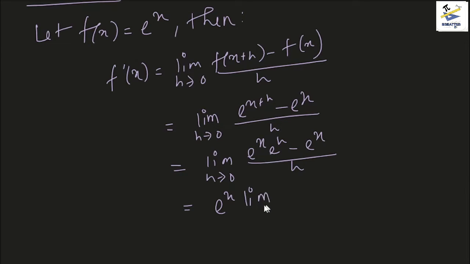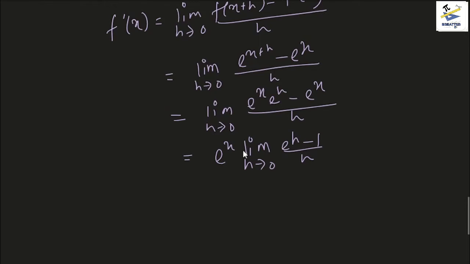We can write e to the power x into limit h tends to 0, e to the power h minus 1 divided by h. And as we know from previous experience, this limit is again equal to 1, as I have proved. So the answer is e to the power x. As you can see, the derivative of e to the power x is e to the power x itself,